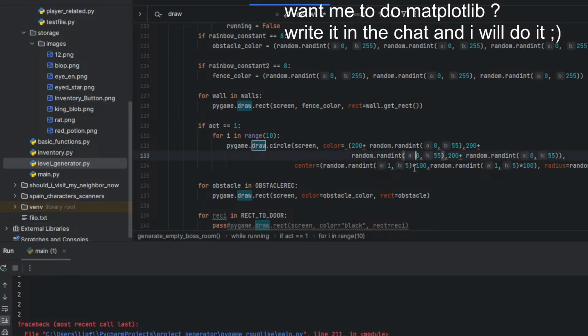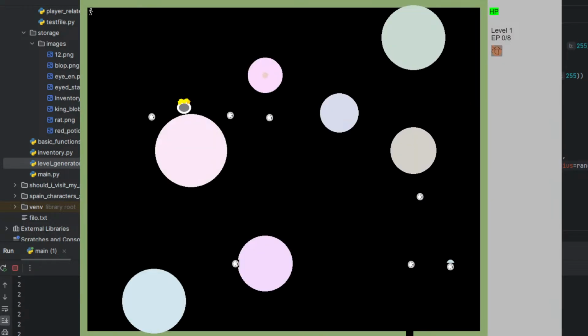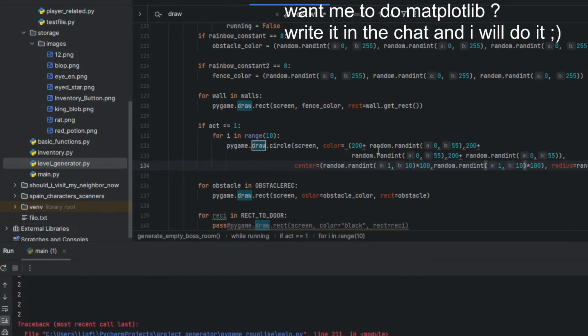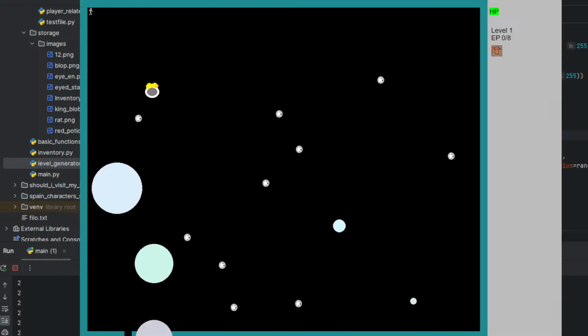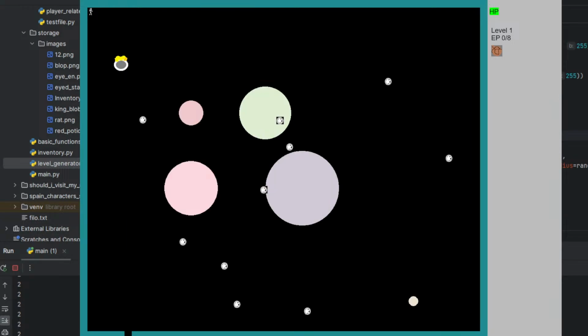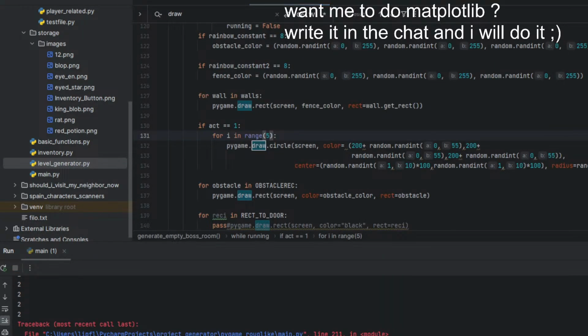So let's do it like 10 and 10. Pretty too much, so for i in range 5. Yeah, that's better. Okay. Still looks awesome in my opinion. Yeah, I can totally do that.